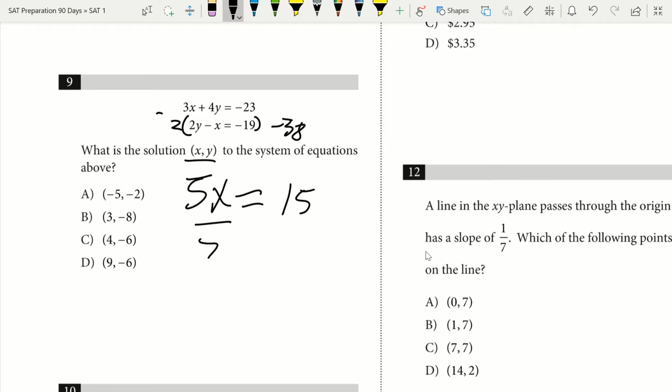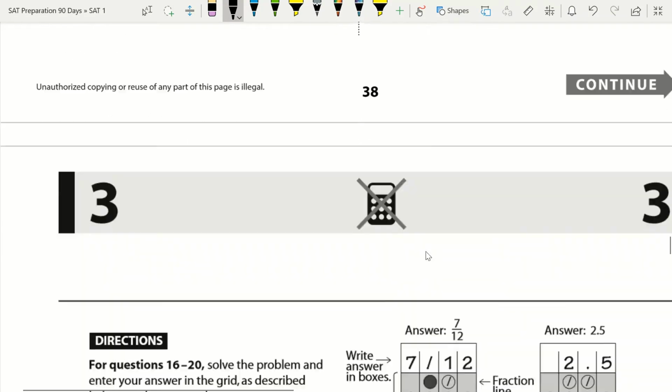Positive 15 equals 5x. Divide each side by 5. I see then that x is going to equal 15 over 5, which is 3. Only option with x being 3 is option B. So for 9, my answer there is going to have to be B. Okay, at this point, I've answered 9. That means I go and switch down to 16 through 18 of the math free response part of the no